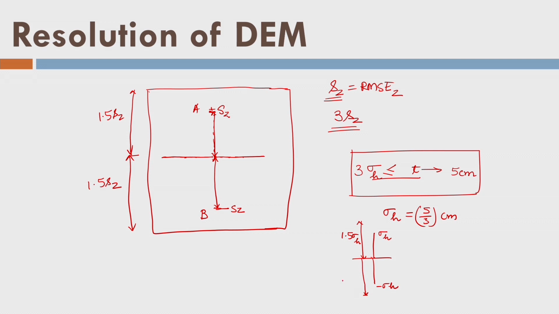and 1.5 sigma h. And this concept is also applicable to planimetric accuracy. So when you report accuracy from the sigma or from the estimate of the error, always use this 3 times logic. So 3 times of the error should be equal to the accuracy.